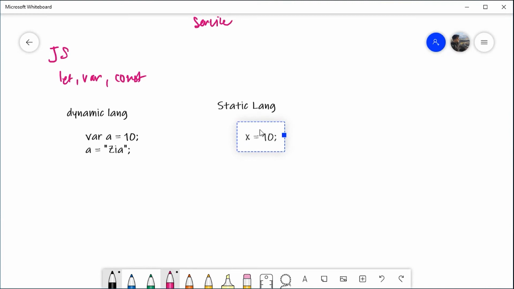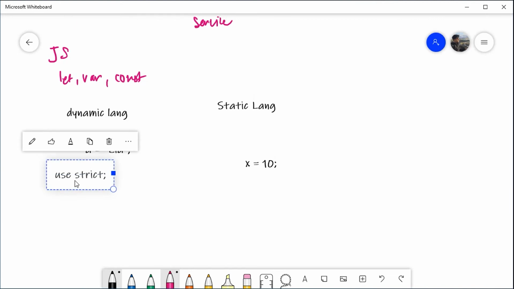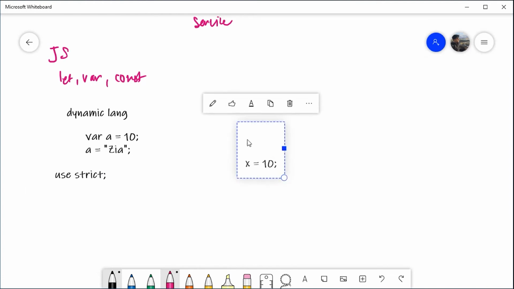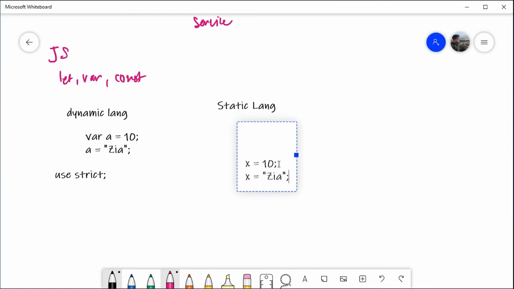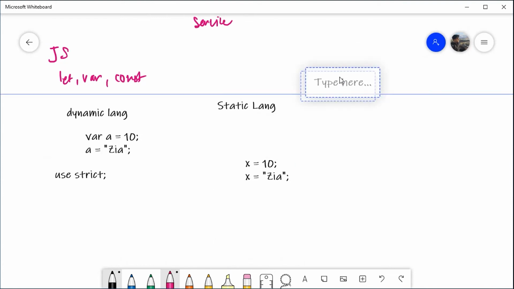And JavaScript has options to this. Like in JavaScript, there is a directive called use strict. And then with use strict, a lot of such errors will be highlighted at compile time, and it would frown upon you declaring variables in this way. You will have to define the variable in the beginning before you start using it. So JavaScript has options for that, but even then, it won't stop me, my best guess, from doing this kind of assignment. So there is no type level control, and that's why there is